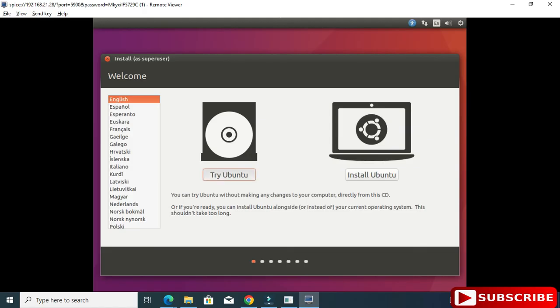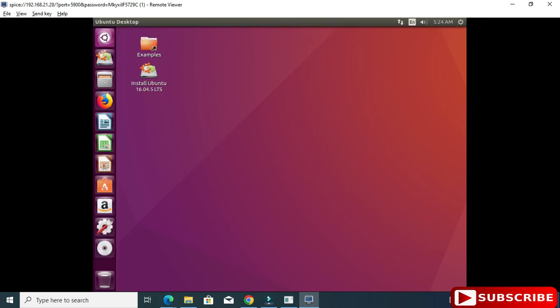So now here you can click on try Ubuntu button, or you can select install Ubuntu. Whatever you want to do, you can do that. So you will be getting a screen of your Ubuntu. So here I'm just selecting this option, install Ubuntu, and now guys, here you can see I'm getting my Ubuntu screen.